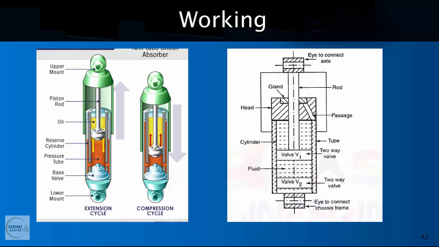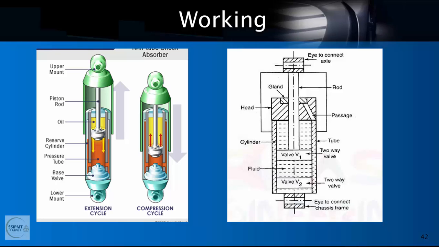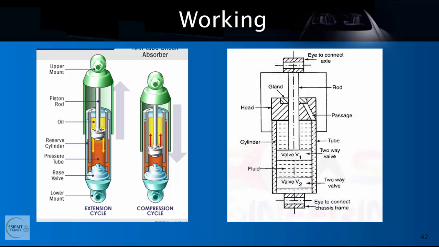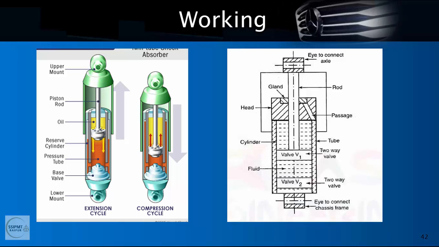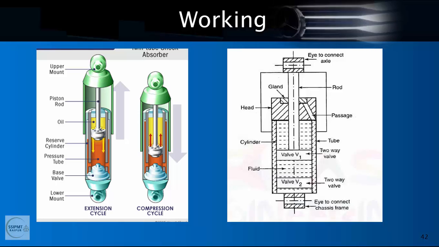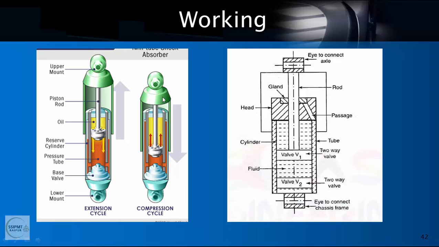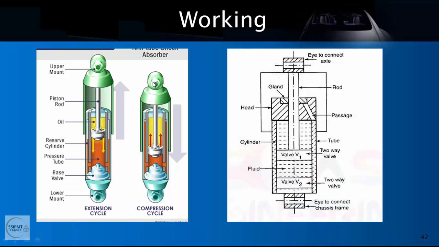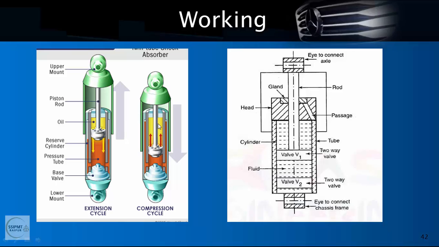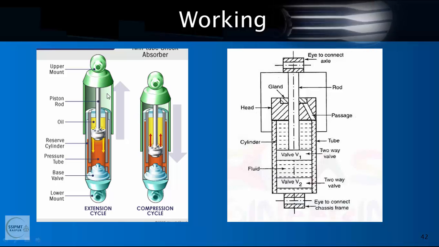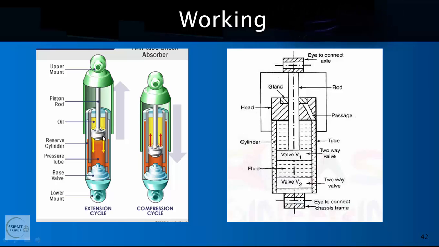And under this condition, the fluid must pass through the disc valve by opening the outer ring of the holes. In this condition, when the upper portion of the cylinder is fully filled or has less space, then the fluid will also be displaced through the inner ring of the holes of the foot valve and the level of fluid will rise in the reservoir. So here you can see the extension cycle and the compression cycle. When load is applied to the upper portion of the telescopic shock absorber, the fluid moves upwards. When it is released, then the fluid moves downwards again.